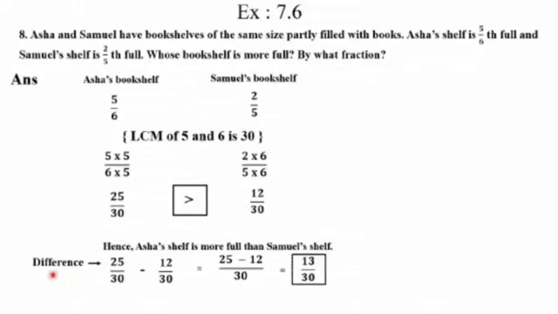Correct? So let's move on to the next question of 7.6, that is the ninth one. The question is, Jaydev takes 2 1/5 minutes to walk across the school ground. Jaydev is walking on the school ground and how many minutes does he require? The mixed fraction given is 2 1/5 minutes. Correct. And Rahul takes 7/4 minutes to do the same walking.